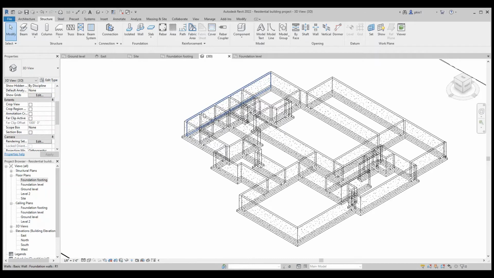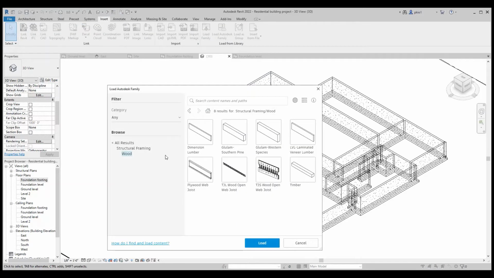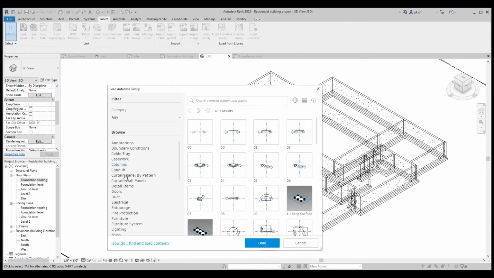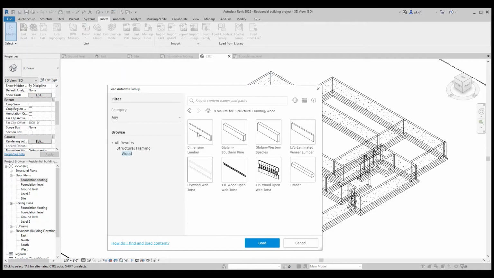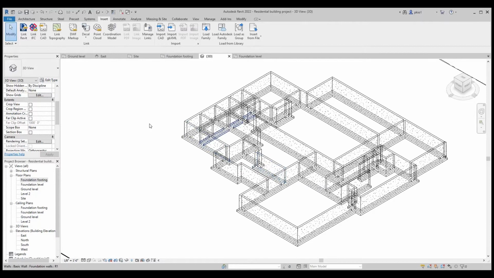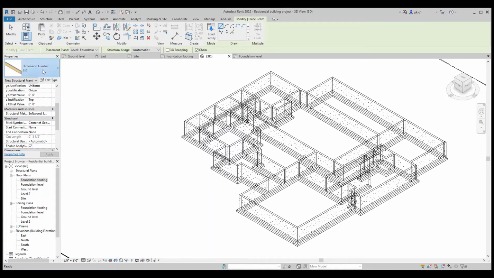Before we do that, we need to load the lumber for the sill plates. Therefore, we go to Insert, Load Autodesk Family. The first thing you would see, when you go to Load Autodesk Family, you see this list. Go to Structural Framing, Wood, Dimension Lumber, and Load. Then we select the 2x6 and say okay. After that, we go to Structure, Beam, and we select Dimension Lumber,